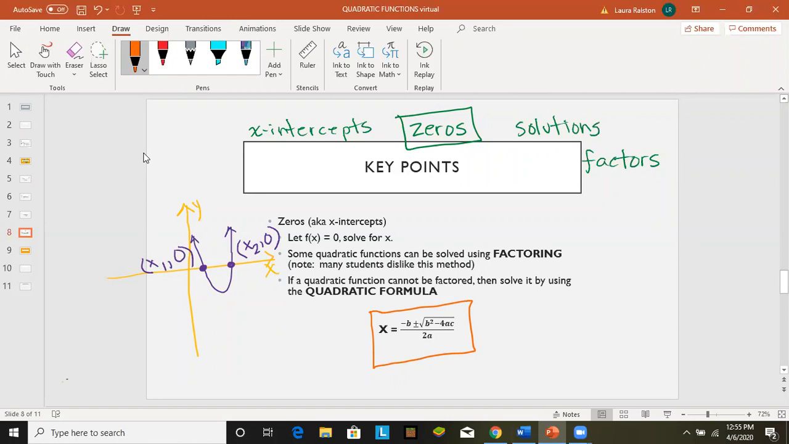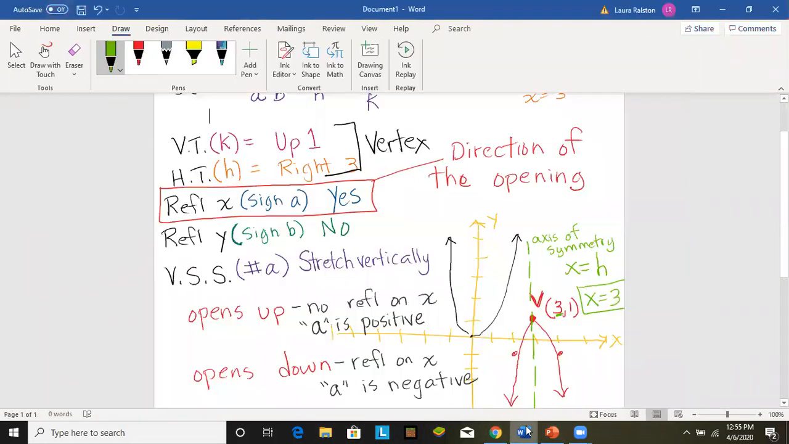Negative b, plus or minus square root of b squared minus 4ac, over 2a. So, you know, you can play back that little ditty and sing it whenever you're trying to remember the formula